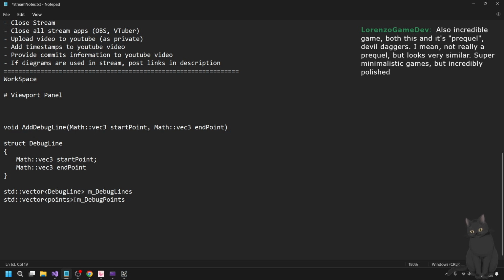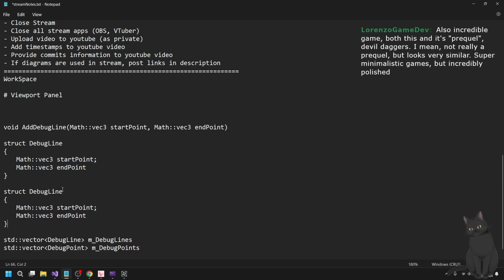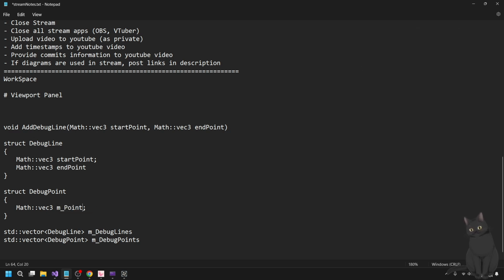And then we'll have a vector of debug points. I'll do m_points, and then m_starts, m_ends.